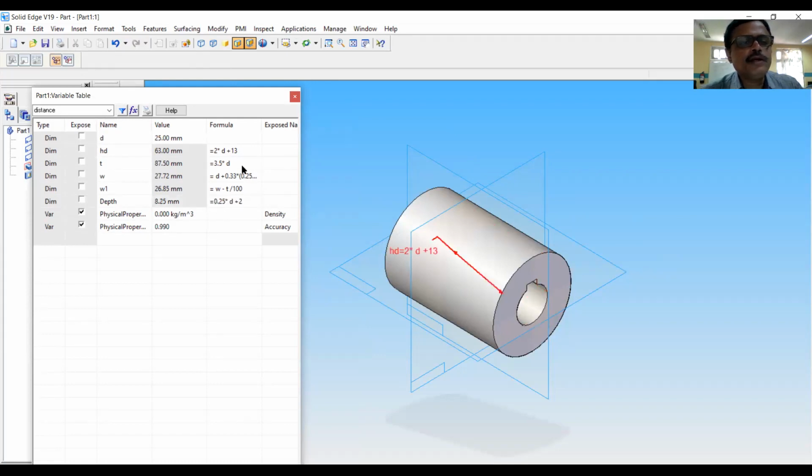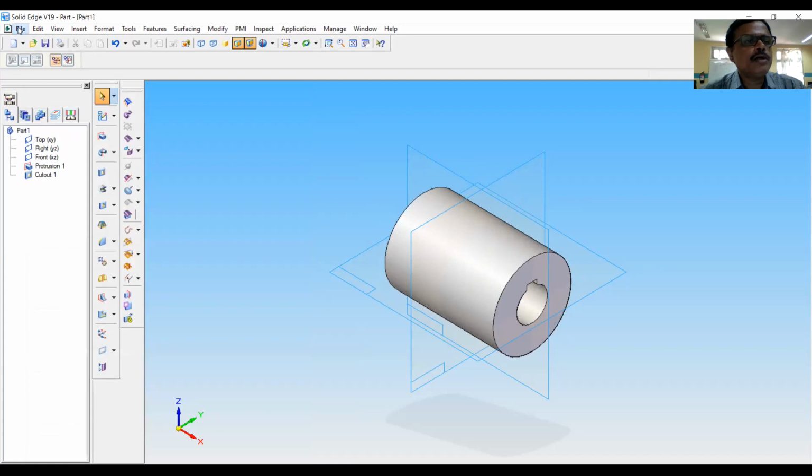These equations can be referred from the machine design textbooks. The equations we have entered here. So all the equations, you can see all these variables, d, hd, thickness, w, w1, depth, are the equations which I have entered while modeling this part known as MUF.